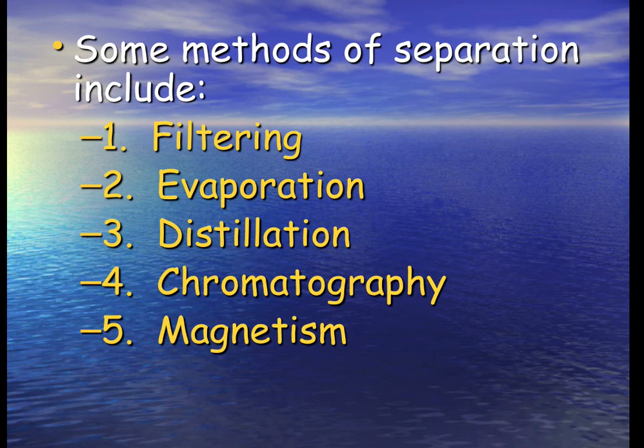There are different ways that you can separate mixtures. Most of us have used filtration at some point in our lives. If you're making macaroni and cheese or spaghetti, you filter the noodles and the water. You pour the water off in a colander. Evaporation, we do that when, if I think of Rice-A-Roni and Pasta-Roni, you have your water in those with your noodles or rice, and then you heat it so it boils and the water evaporates off so the flavor gets evenly distributed and you can cook your noodles and your rice.